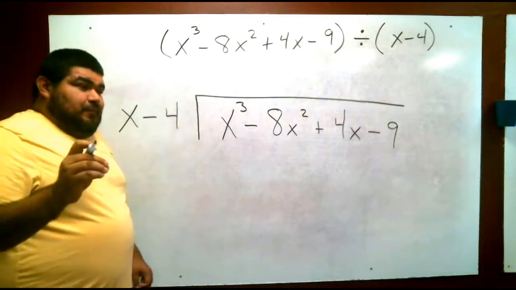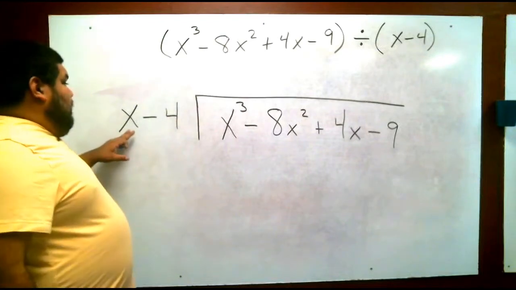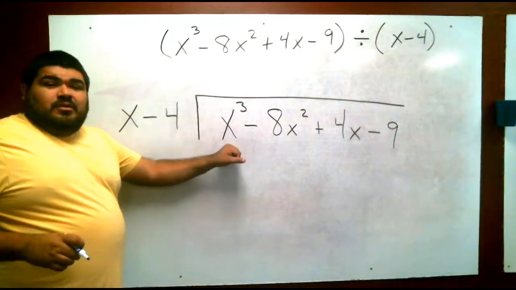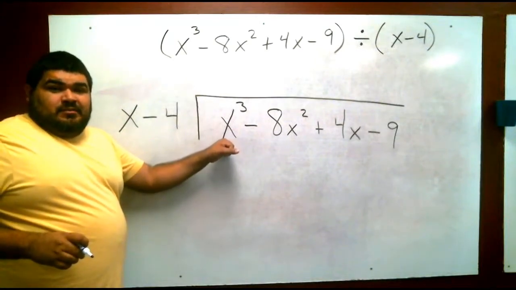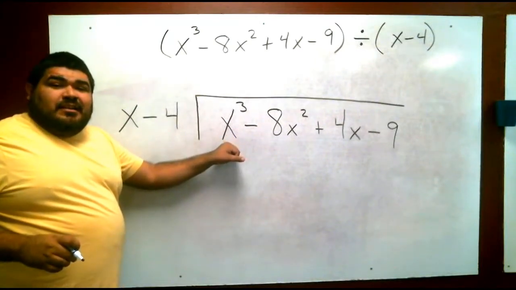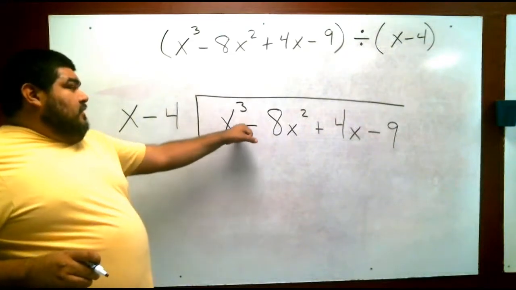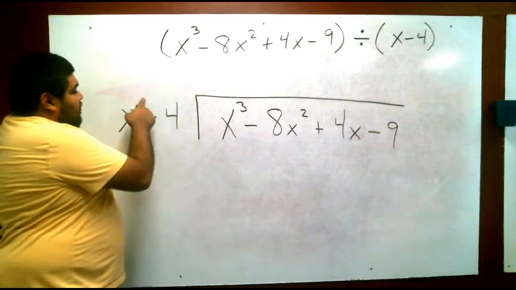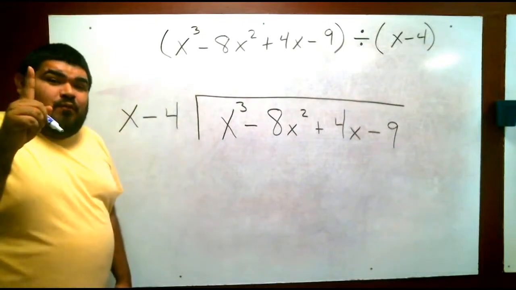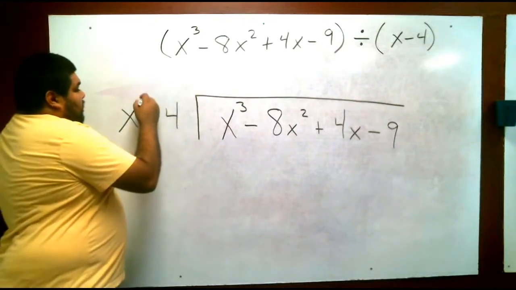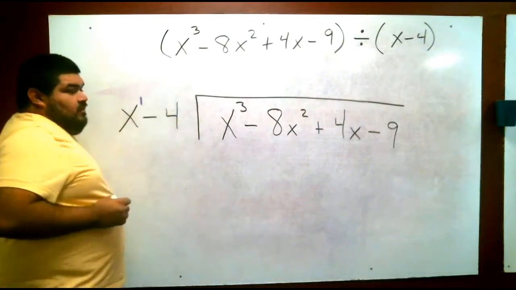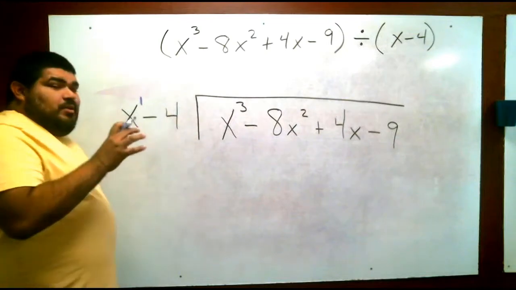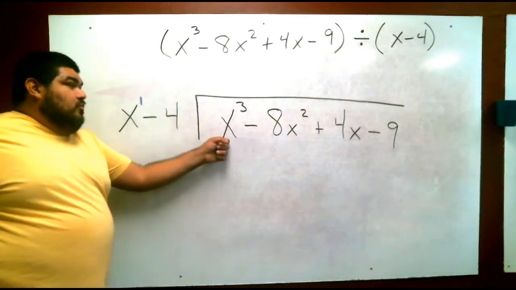The first thing we have to do is notice that we have an x on the outside. We're trying to have it equal to the number on the inside, okay? Notice that the number on the inside has x cubed. This one has x. If there's no number on the outside, it means to the power of 1, okay? So to the power of 1. Now that we have that, what do we need in order to make it to the x to the third